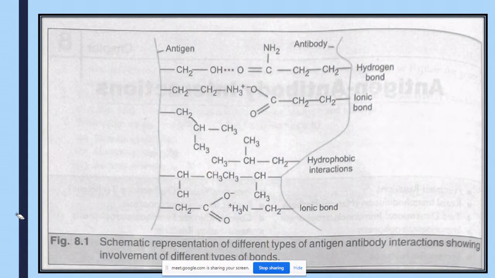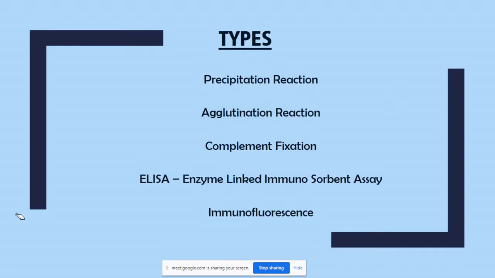So these are the different types of reactions. As we just said, non-covalent reactions take place. There's a diagram from a book by C.V. Rao, which is of immunology again. Antigen having hydrogen bond with antibody, antigen having ionic bond with antibody, antigen having hydrophobic interaction, and another kind of ionic bond wherein antigen is negatively charged and the antibody's surface is positively charged, which was the other way in the earlier ionic bond. Let us move towards other details, which are different types of reactions.